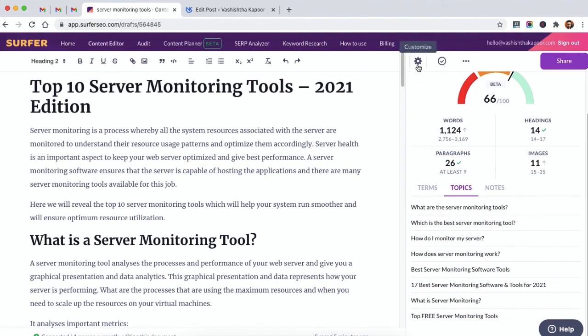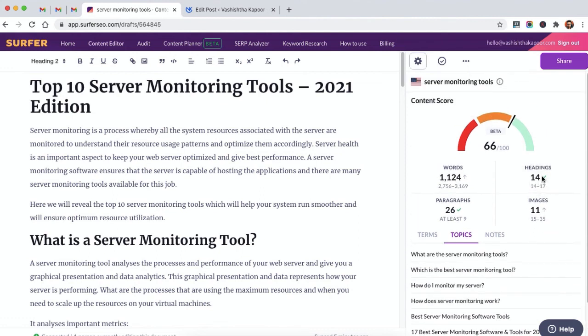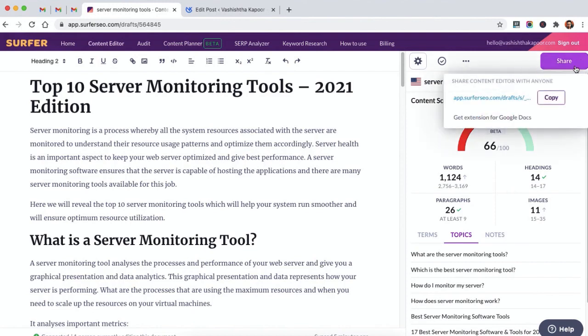Moving next, if you want your clients to see your content and your content's SEO score live, you can share the link to this content editor piece with your clients. So once you click on share, you will see your private link that you can share with your clients.